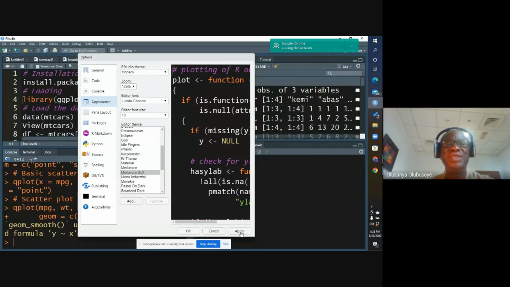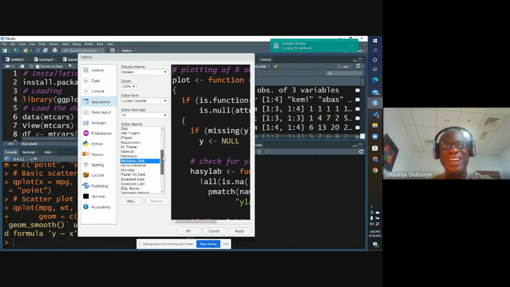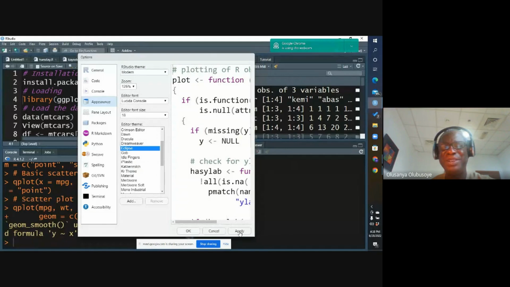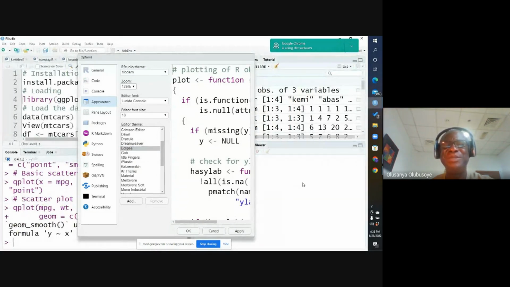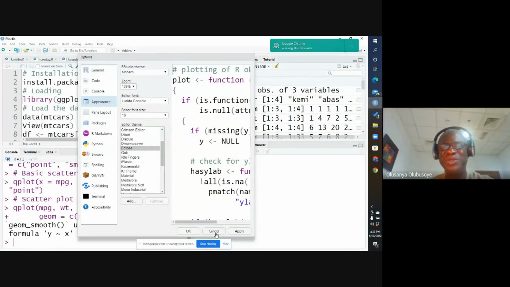You can see the theme has changed completely. Do you like this one? Not at all, Prof. This is more like for color blindness. Okay, so you can make your choice. Let me have something different. What of this? Are you happy with this? It's better, Prof. Great, thank you very much. So you can change the theme here under the appearance. Another thing